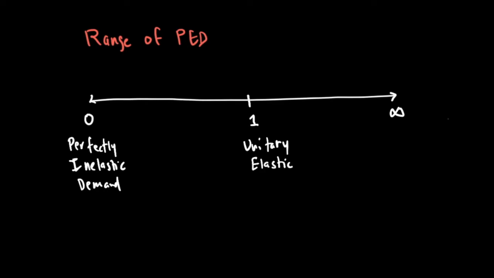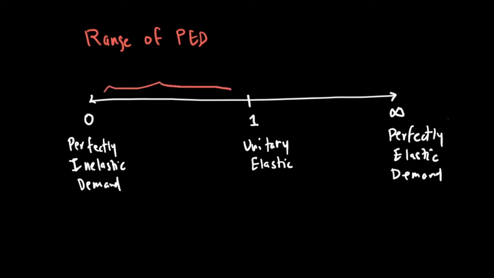While if the value goes to infinity, we call it perfectly elastic. And we'll talk about this in a little while. Perfectly elastic demand. But if the value lies between 0 and 1, and I'm saying it's actually a negative 0 and 1 because we're ignoring the minus sign. If it's a value in between 0 and 1, we call it